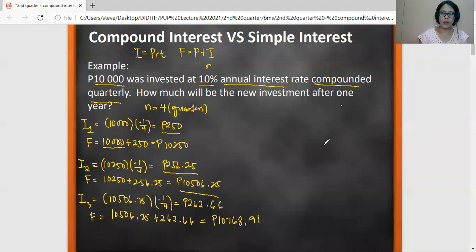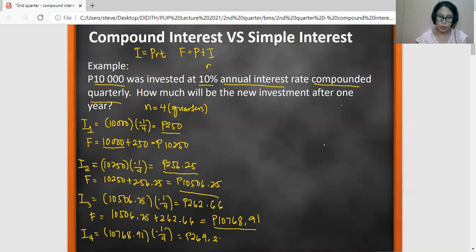So this 10,768.91 will be the new principal amount, and we will be using this in calculating the interest for the last quarter. So we have 10,768.91 times 0.1 all over 4. So we have 269 pesos and 22 centavos. And the total amount of money after investing 10,000 for 1 year will then be equal to